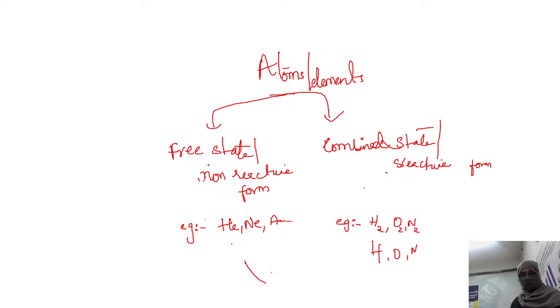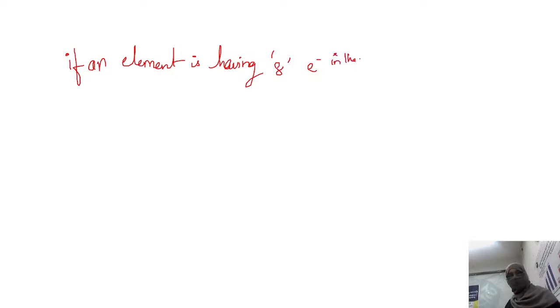There were two scientists known as Kossel and Lewis. These two scientists were wondering why some elements exist in free state and some exist in combined state. What is the reason behind this? They finally found the reason: if an element has 8 electrons in the outermost shell,